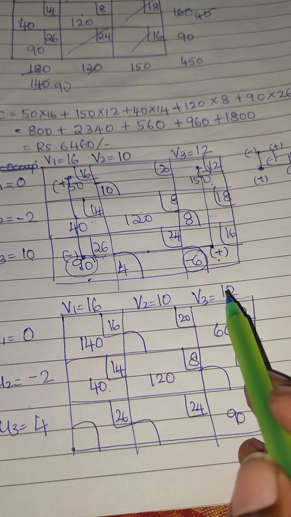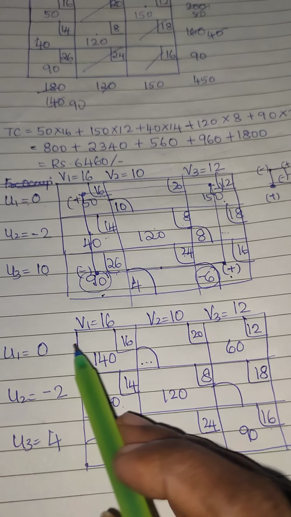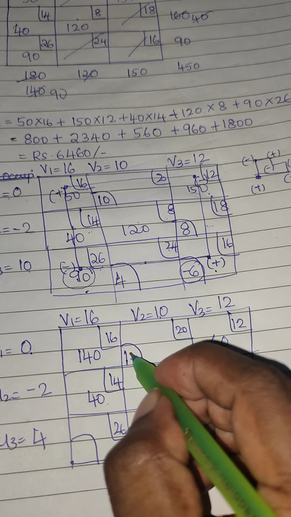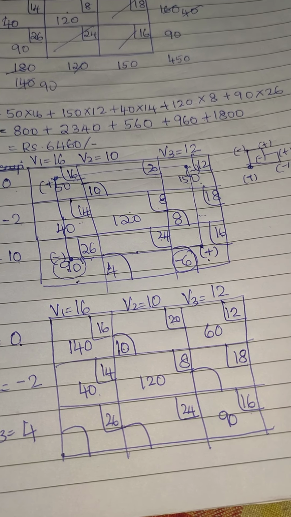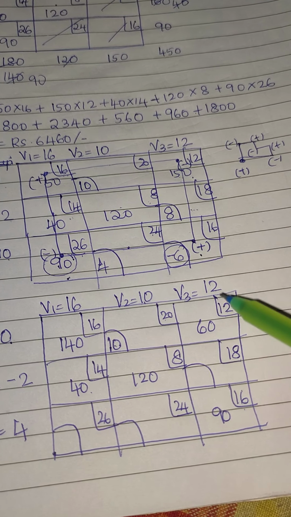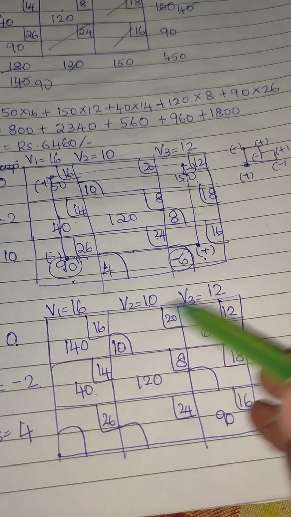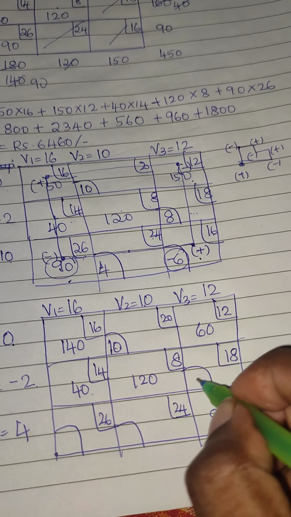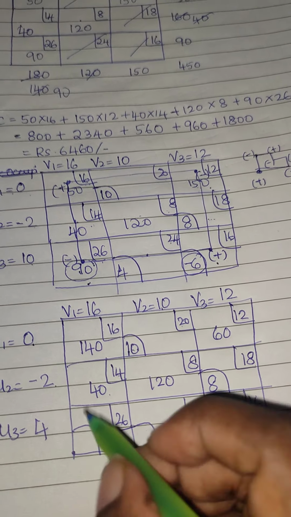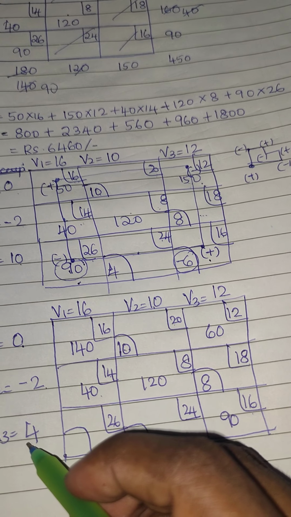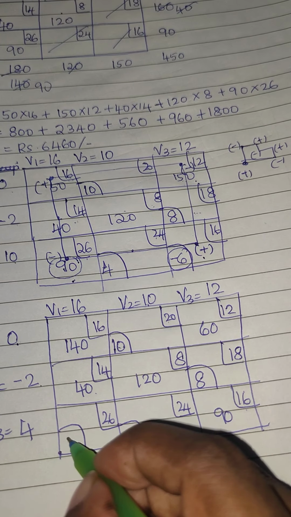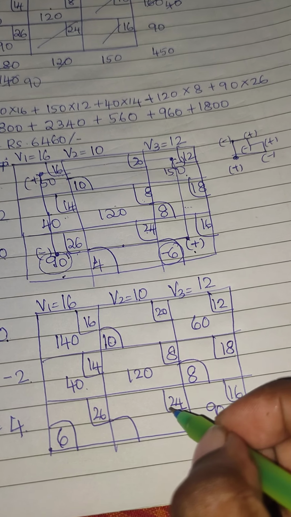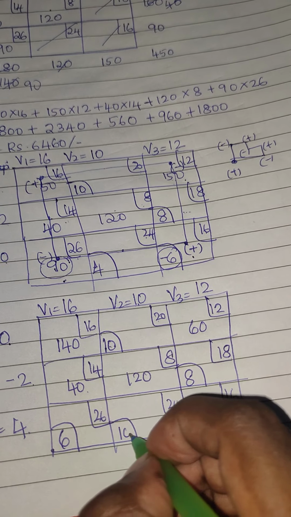So now I have these values and I'm going to find this value, right? So 0 plus 10, 10. 20 minus 10 is 10. 12 minus 2, 12 plus 2 actually, so minus 2. 12 minus 2 is 10. 18 minus 10 is 8. Now here 16 plus 4 is 20. 26 minus 20 is 6. And here 4 plus 10, 14. 24 minus 14 is 10.